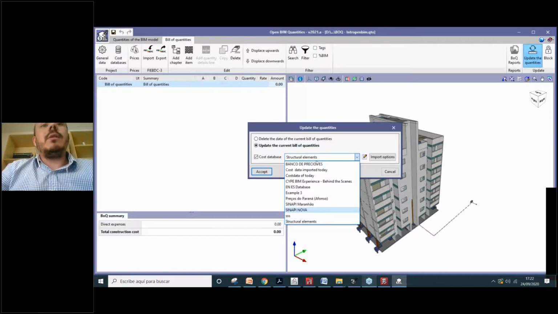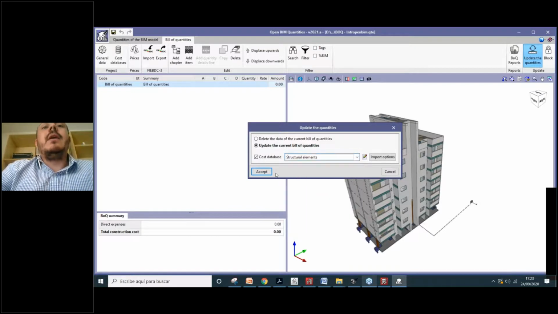Here you could import these different cost databases, and here you can simulate in just one click, just pressing this accept button, how much the same building would cost in province A, or in region A and in region B. Just selecting the origin of your prices. Okay, so we will select this cost database that we used before and accept, and the program is updating the